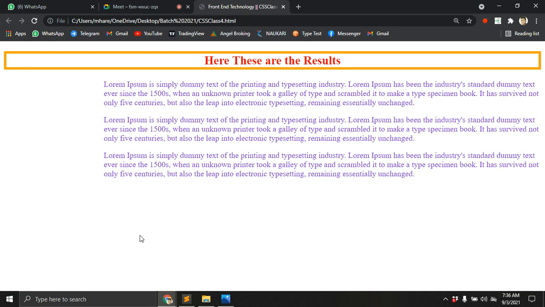What is the difference between padding and margin here? Can anyone please let me know? When I give padding 200 pixels, it is the same. I'm giving 200 pixels in margin, margin is 200 pixels, same, and padding also 200 pixels, same. What is the difference? Now I'm giving not padding, but margin-right 200 pixels. Let's refresh.